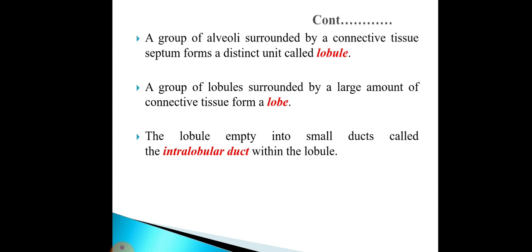part of the udder, that is, a group of alveoli which are surrounded by a connective tissue septum forms a distinct unit called a lobule. Lobule means a group of alveoli which is surrounded by a connective tissue septum which forms a distinct unit. That unit we call a lobule, and a group of lobules surrounded by a large amount of connective tissue forms a lobe, and the lobule empties into a small duct called the intralobular duct within the lobule,